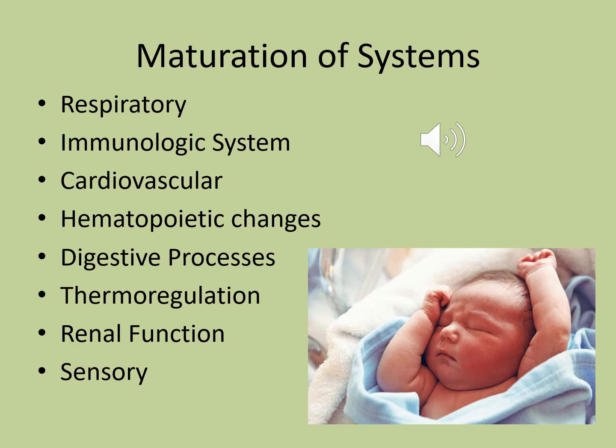That's when you'll see more chest symmetry and movement with their breathing. Again, infants are abdominal breathers, so movements are abdominal. Also, you have to think about their respiratory tract and how large it is. It's not very big. Unfortunately, just because of how small and narrow that airway is,